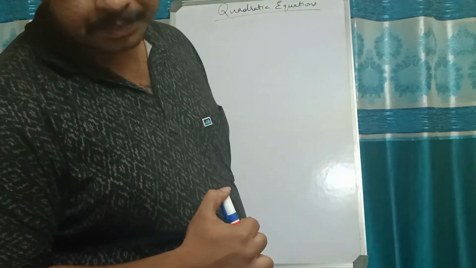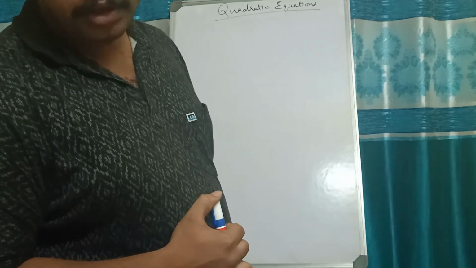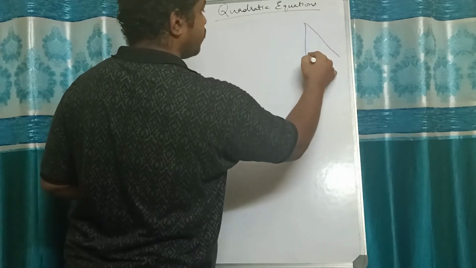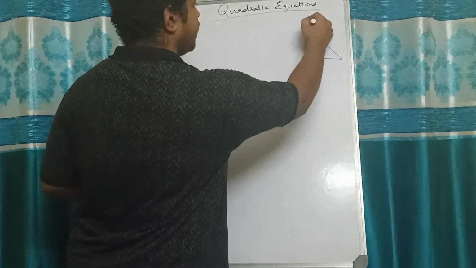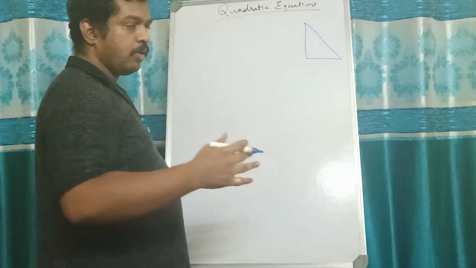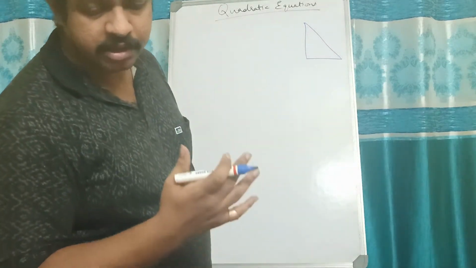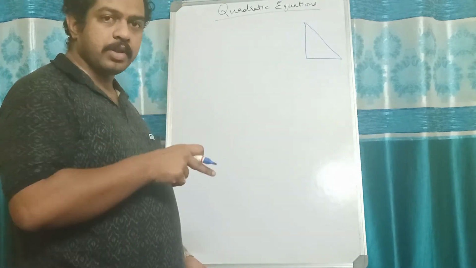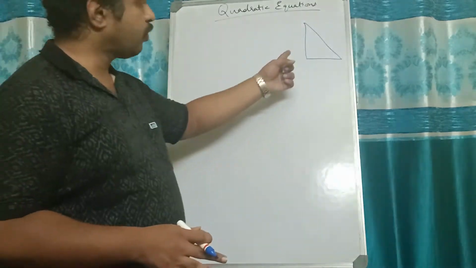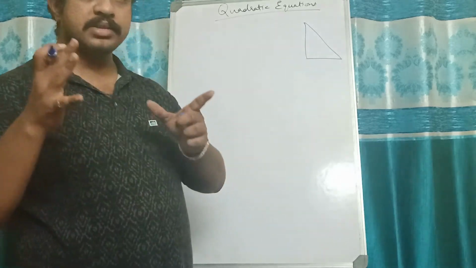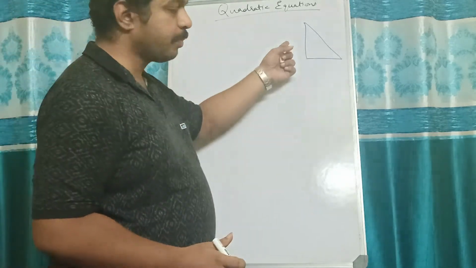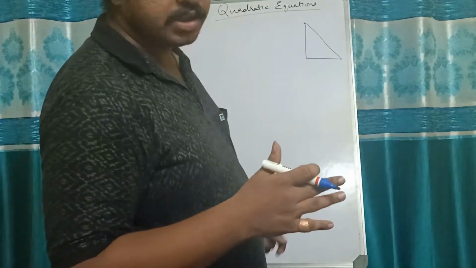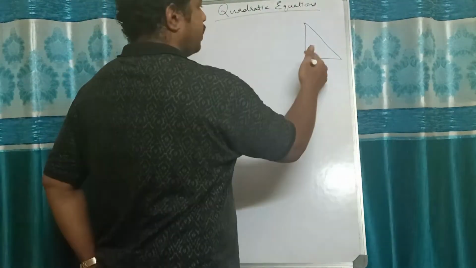So yes, the altitude of a right triangle. So there is a right triangle. When I say the question, it means it's a question based on geometry, right? The first sentence says the altitude of a right triangle is. So altitude means the perpendicular height, and the right triangle is what I have drawn here. Okay, as soon as I read the question, you should be able to write this. So this is the right triangle, and this is its perpendicular height.